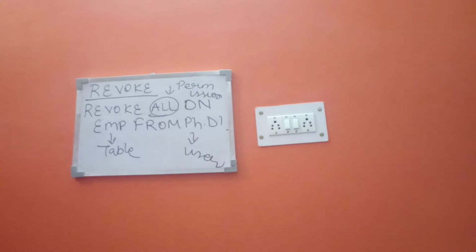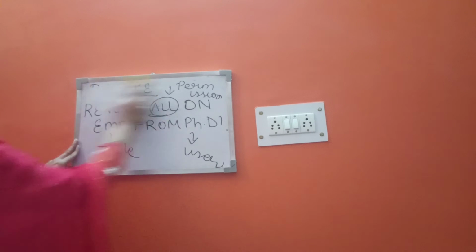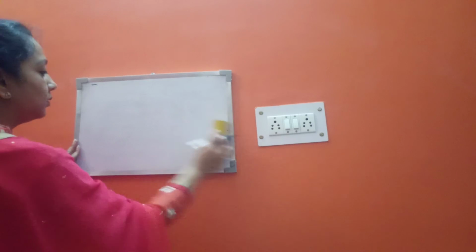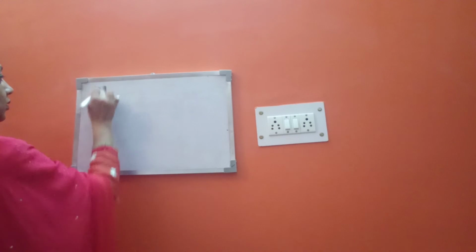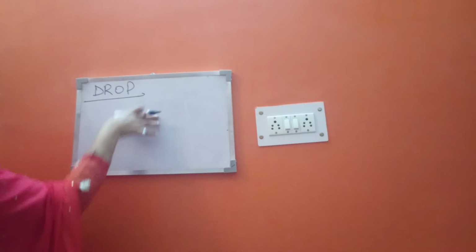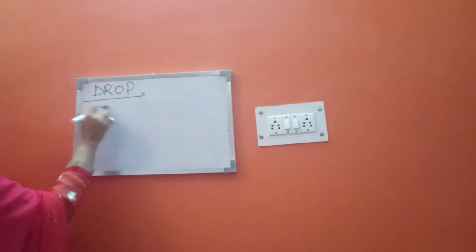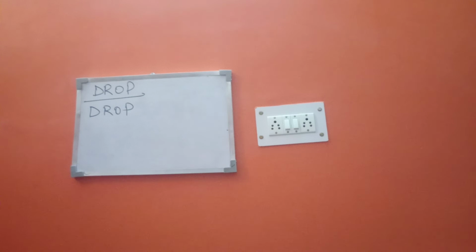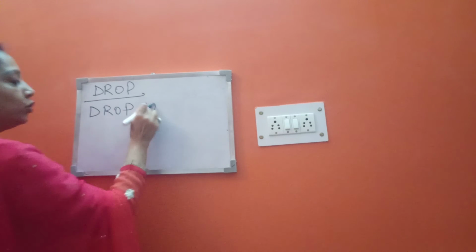And the last command in the DCL statements is the drop command. With the drop command, I can delete the user ID. This was about granting permissions or taking away permissions. But if I want to completely delete that user ID, for example, that user no longer exists or has left the organization, I will simply use the drop command for that. What will I say? Drop user